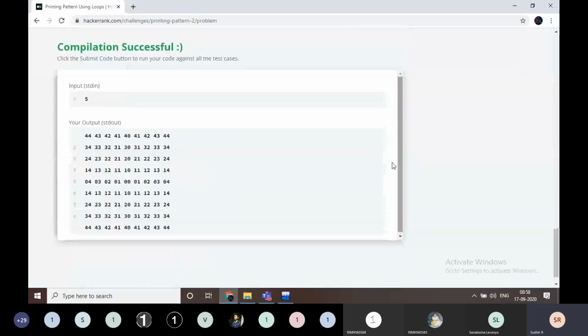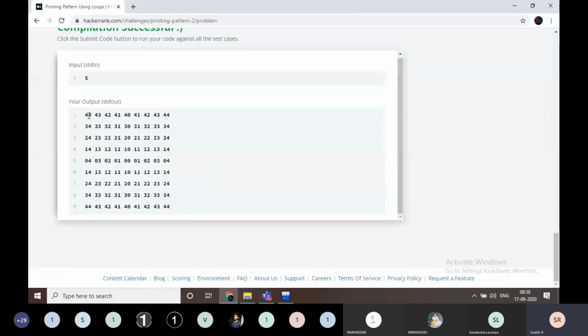Just look at this output also. In every i and j, any value is 4. Here also 3 4, 2 4, 1 4, 0 4, 1 4, like this. Sometimes i is bigger, sometimes j is bigger. But I want the maximum value here, and maximum value plus 1.